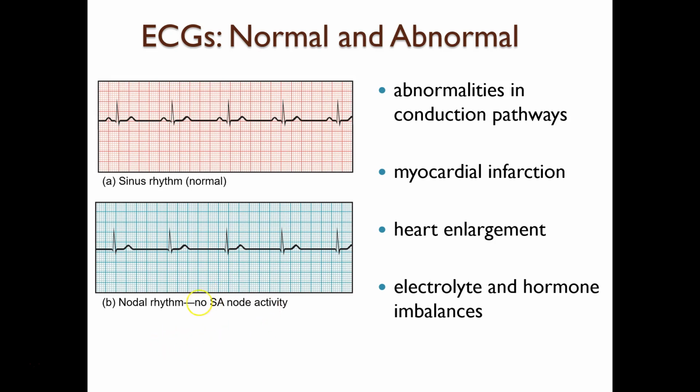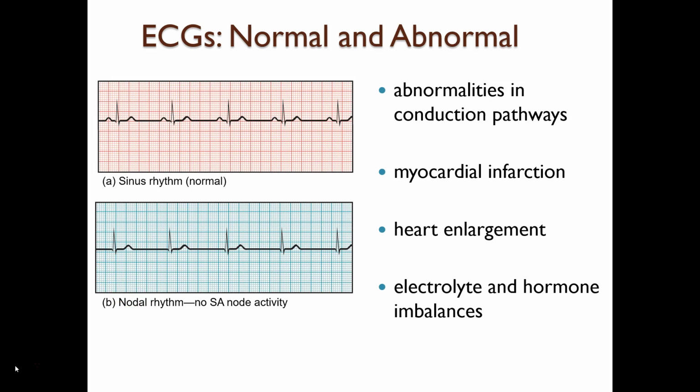The P wave is missing, right? So you all notice that? So there's no P wave. So what's the issue then? There you go. So we know what normally happens if there is an SA node firing. There's going to be a P wave. So if there's no P wave, that tells you the SA node is not firing.